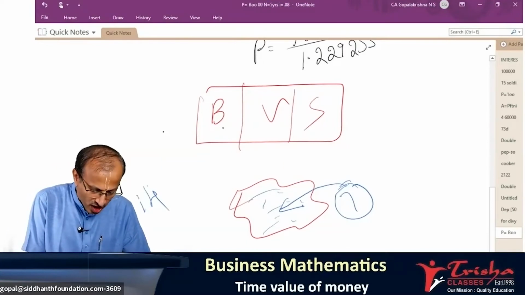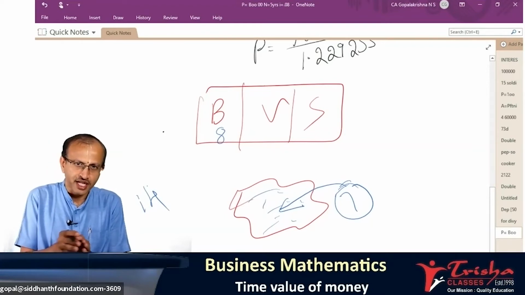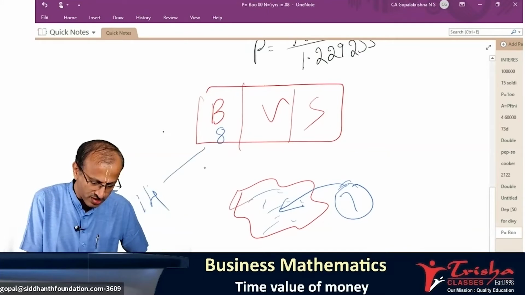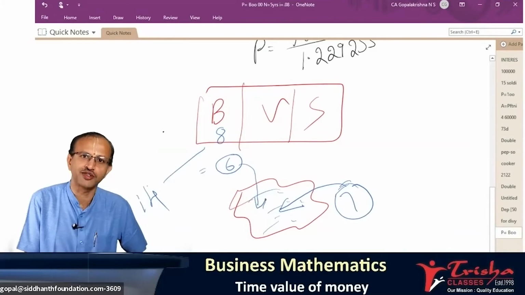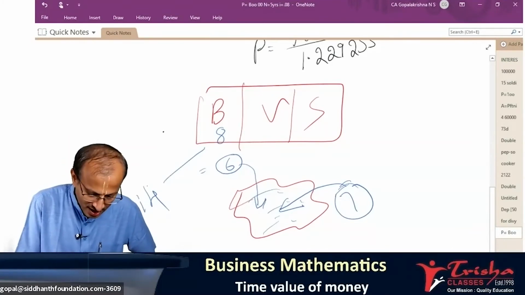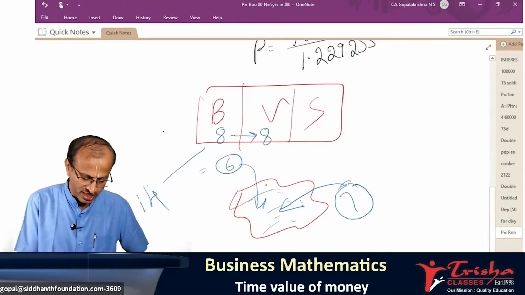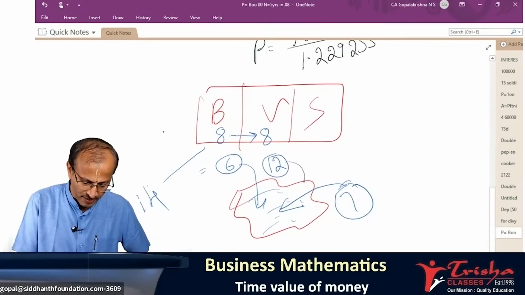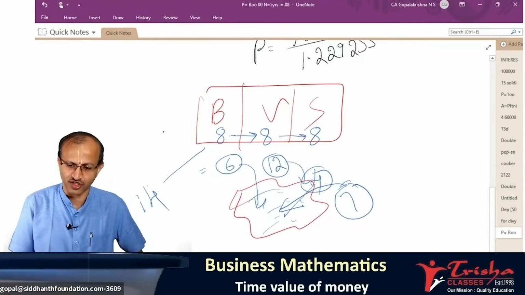He keeps 8 flowers for Lord Brahma. 14 minus 8, how much? Remaining 6. These 6 flowers come back and he dips them into the water. It became double, and he should keep the same number of flowers, 8 only. So 6 became 12. 8 he keeps. 12 minus 8, he remained with how much? 4. The moment he dips into the water, 4 became 8, and he keeps the same 8 flowers, and all flowers are exhausted.